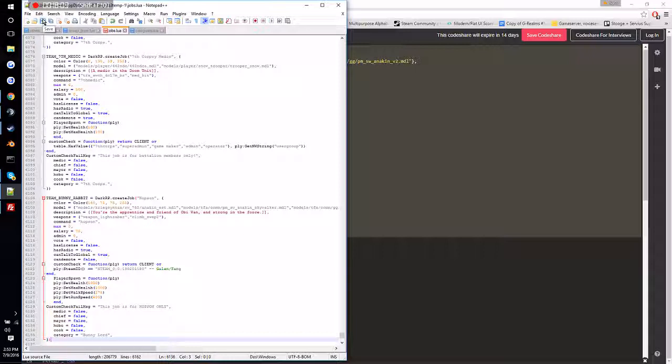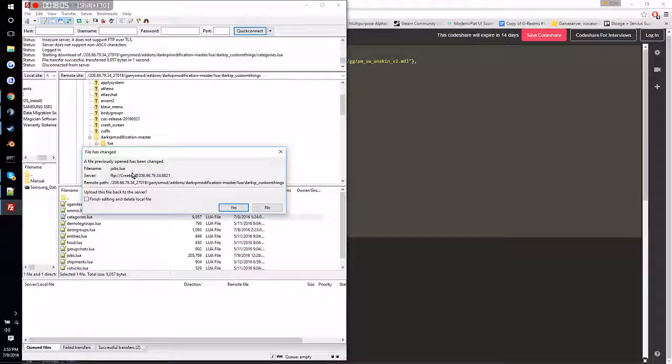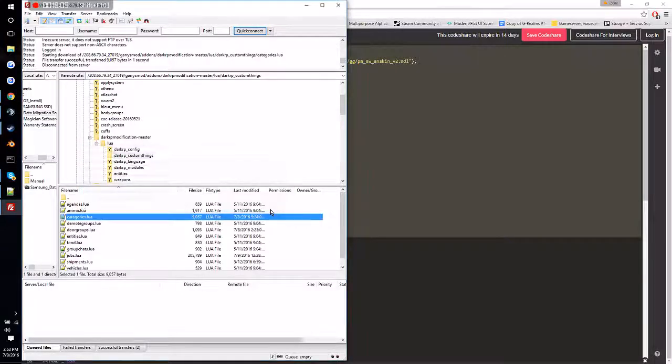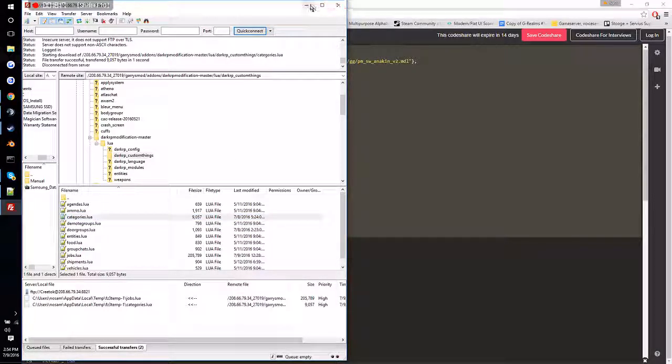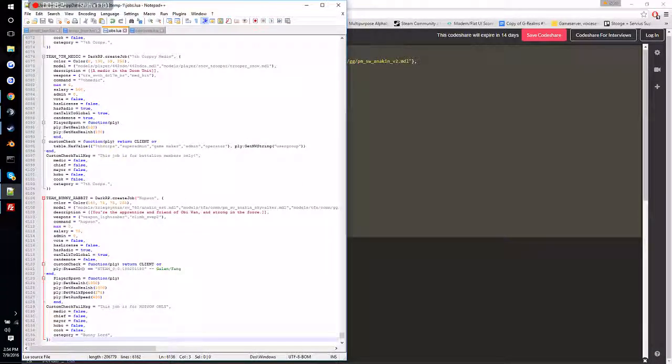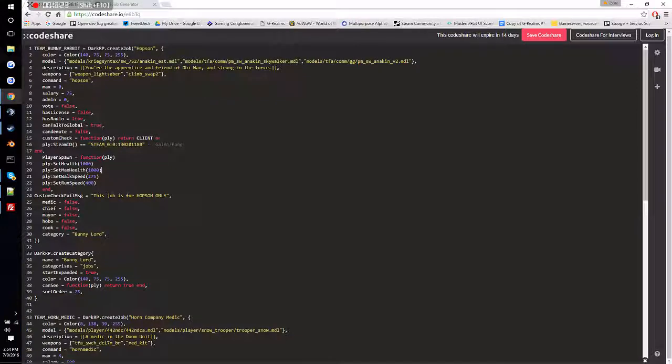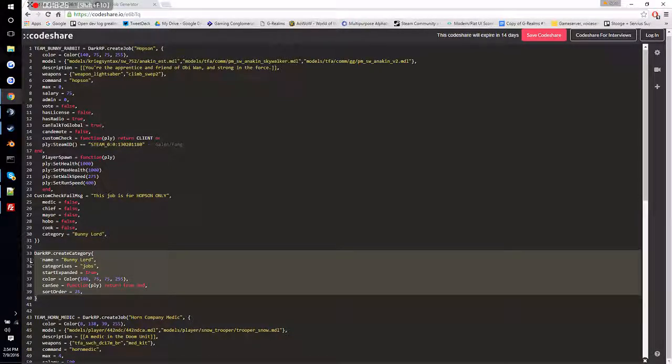If you're using an FTP system, you'd hit save. You'd run over here, and you'd hit, do I want to upload this? Well, I don't actually want to upload it, so I hit no. If I really wanted it uploaded, I would have said yes. It would have queued it, and it would have successfully transferred, and you would have heard a ding, but I don't have that. So that's the jobs, and then you take your new category, and you do the exact same